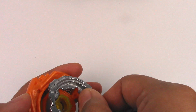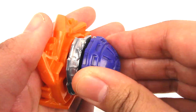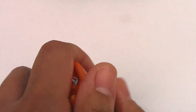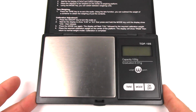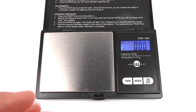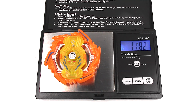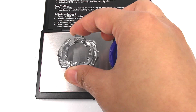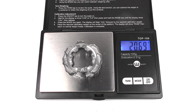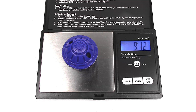And then altogether, this Beyblade has some pretty weak slopes. Yeah, really weak. I know it's hard to tell on your guys' side, but it's pretty weak. Alright, so let's do some weight. Solar Sphinx with the GT chip and everything, 11.82. And then let's just do the forged disc, just because. 20.7. Performance tip,